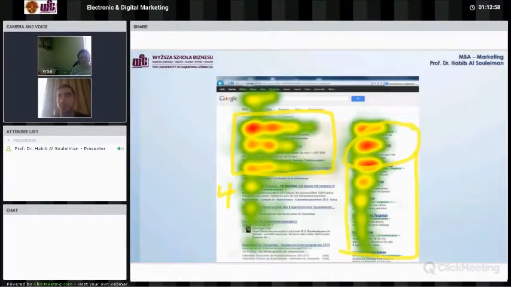So this is an advertising for another company. I don't need to show you the advertising. I just wanted to show you what eye tracking is, or how it works,